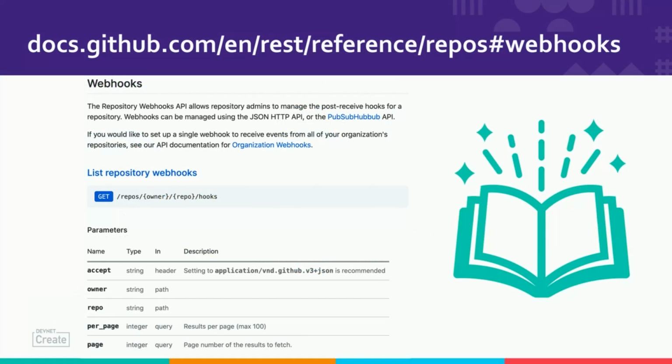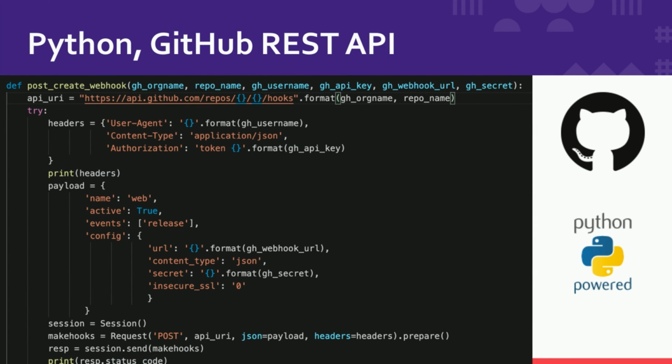Enter the GitHub API. So it turns out that with the GitHub REST API, you can use their API to automatically push a bunch of webhooks configured the way you want them to be. So you refer to the documentation, of course. API documentation is my favorite. And it turns out that there is a way to post the configuration that you want to put into the repository settings. This is just a snippet of the code, and it basically shows how to use the Python